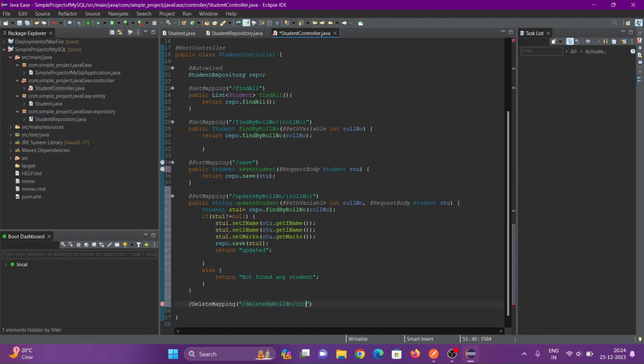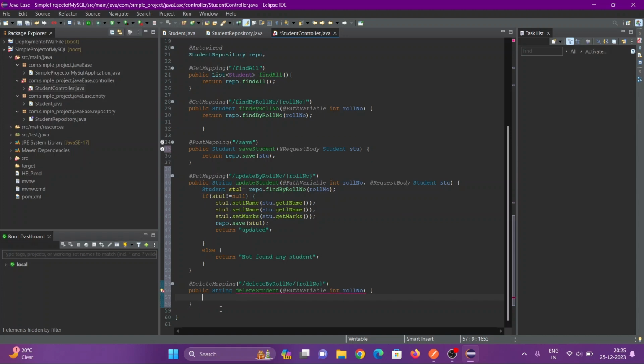Okay, public string, method name is delete student. Delete a student by roll number. Okay,